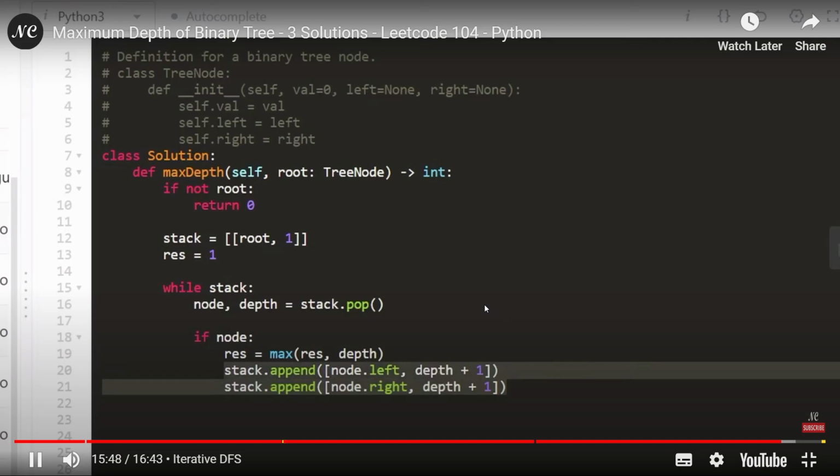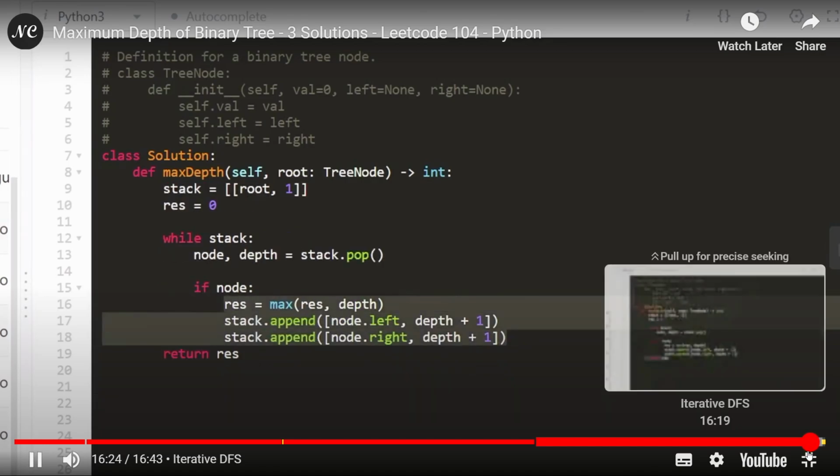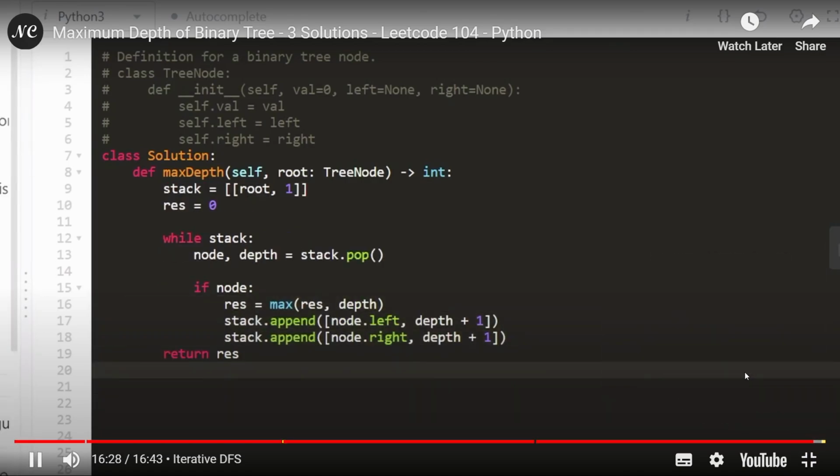So we're adding both of the nodes, even if they're null, and then we're just gonna continue through the stack until the stack becomes empty. And once that is done, we can go ahead and return the result. So this is the third and final solution that I want to show you. They all have basically the same time and